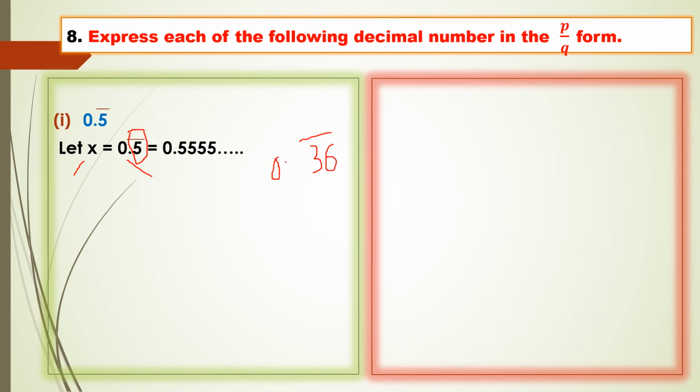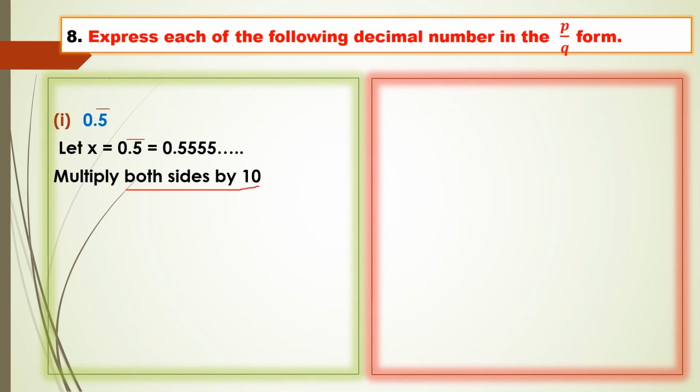then you should multiply with 100, because two digits are having bar, so 2 zeros should be there. Clear? This thing is very, very important. In the simple way I told, multiply both sides by 10. So you'll get x, and when you multiply by 10, 10x, and this one when you multiply, simple. Children, here see, when we multiply by 10, this 10 means 1 0, so this 5 will go in front, before the decimal.